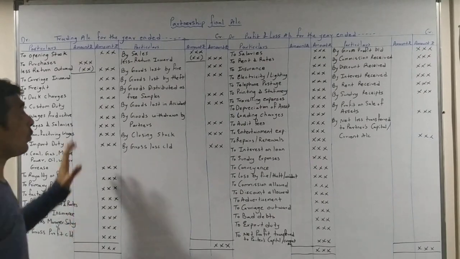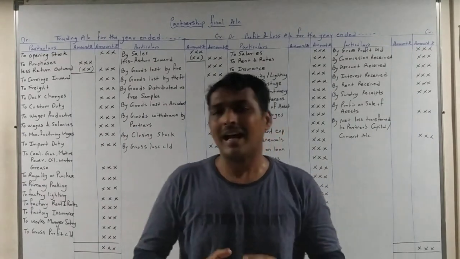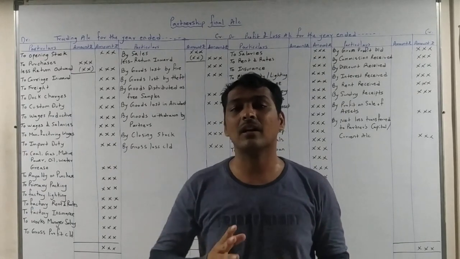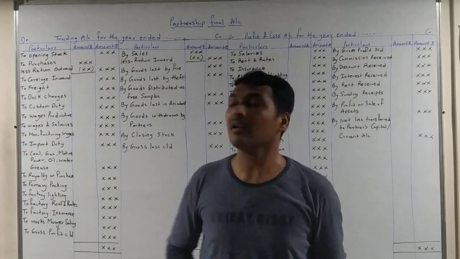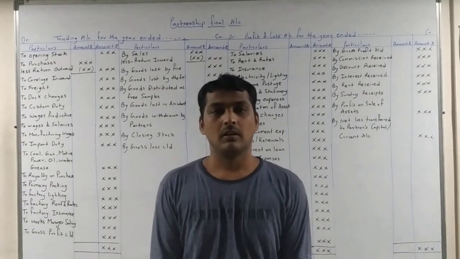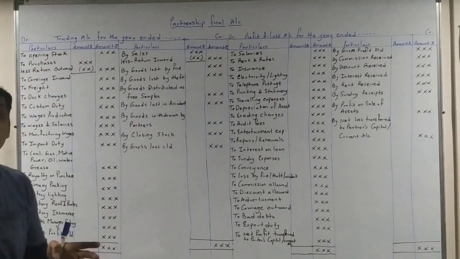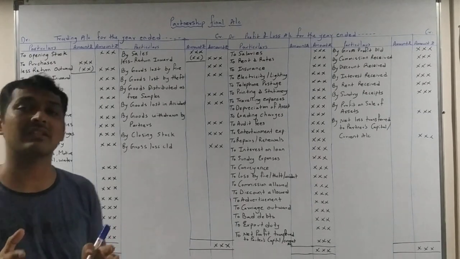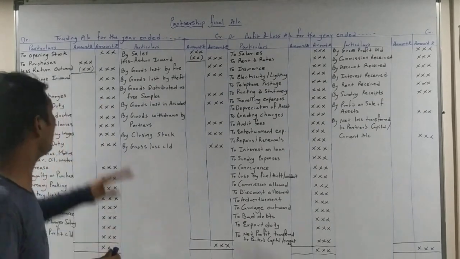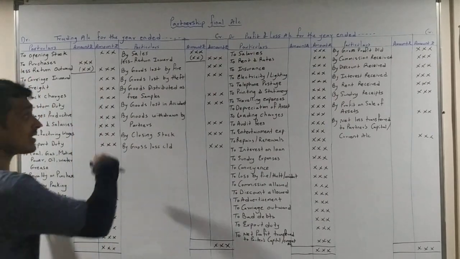Then let us understand what is given under the debit side and what is given under the credit side. Now simply speaking, in trading account, all direct expenses and direct income are recorded. Okay, so the first item given here is opening stock. Whatever stock is available at the start of the financial year, that is 1st April, is recorded here under the debit side of trading account. So we will talk about the debit side first and then the credit side.